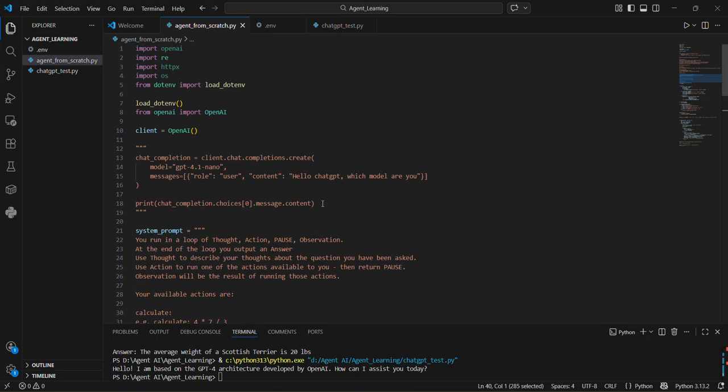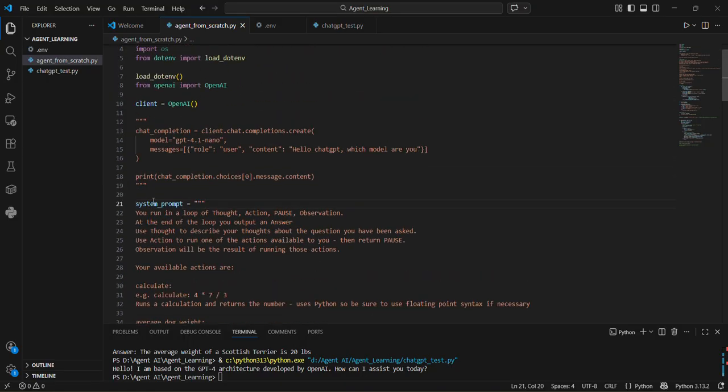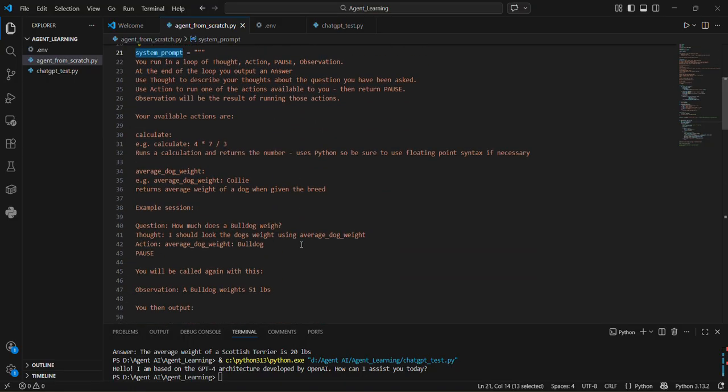So what was the first step when we did this? We provided it with "Hello ChatGPT, what model are you?" and it provided us with a default answer. We don't want this. We want to clearly explain to ChatGPT that now you are an agent, and as an agent, you have to perform this flow of thoughts: thought, action, pause, observation. You want ChatGPT to perform all this in a loop, and we will build this loop. Okay, so this is the system prompt, and